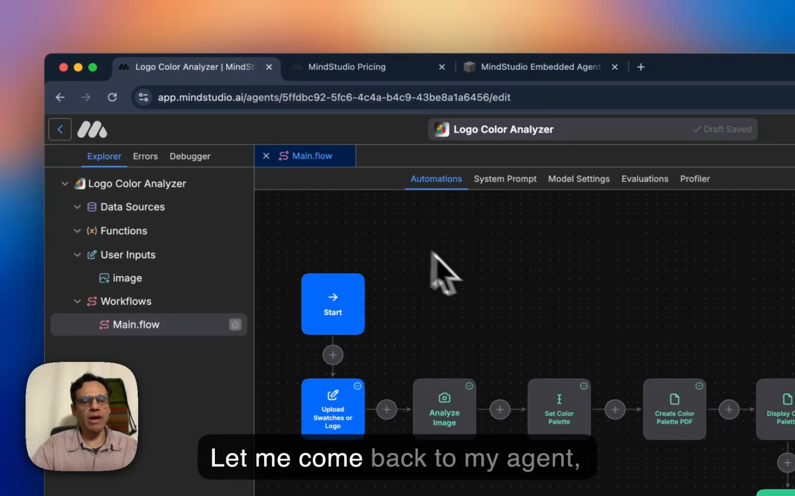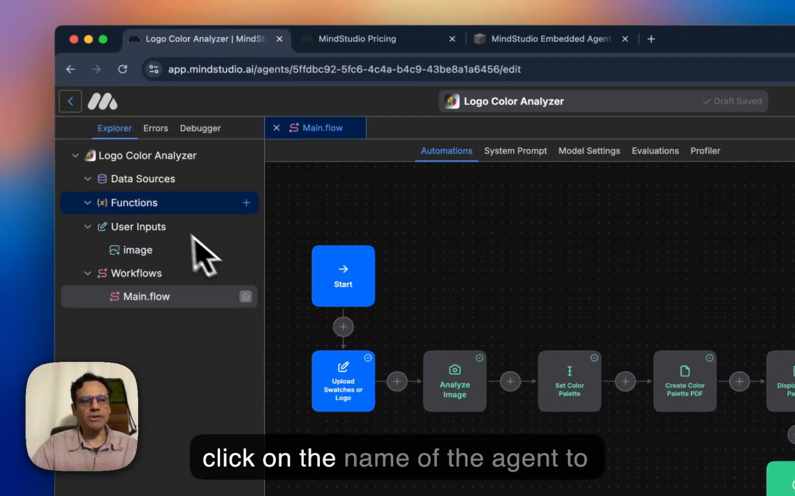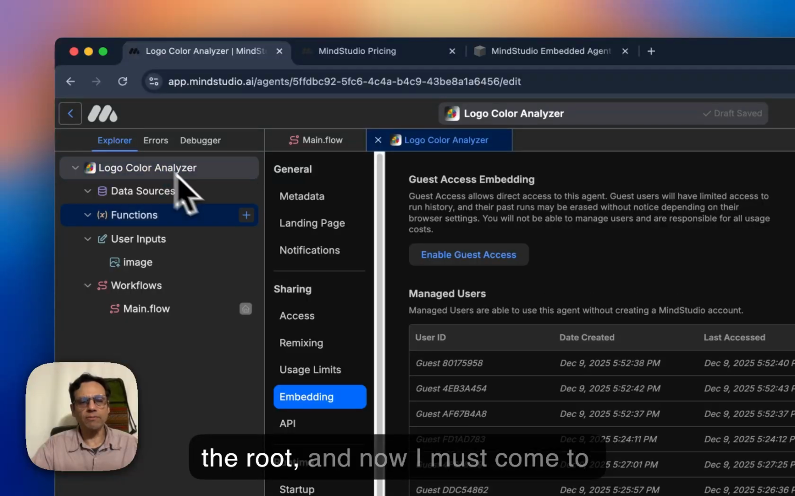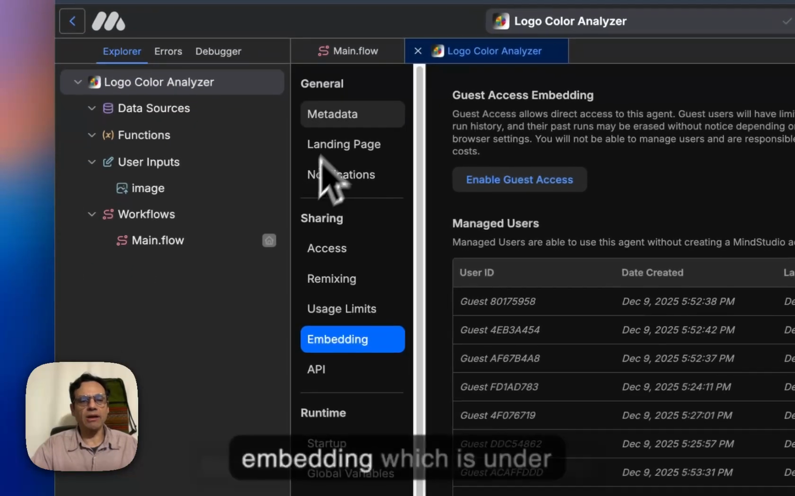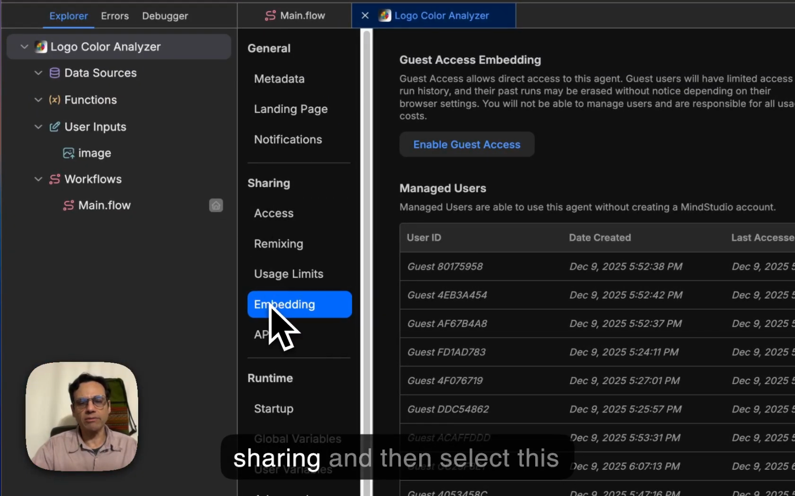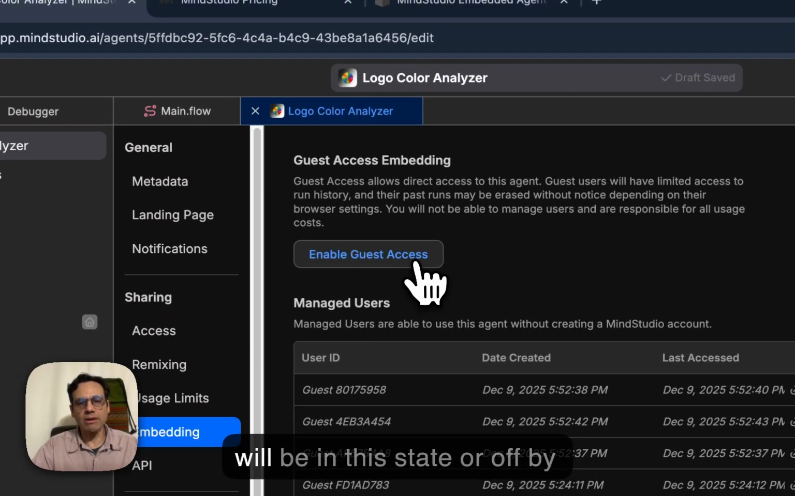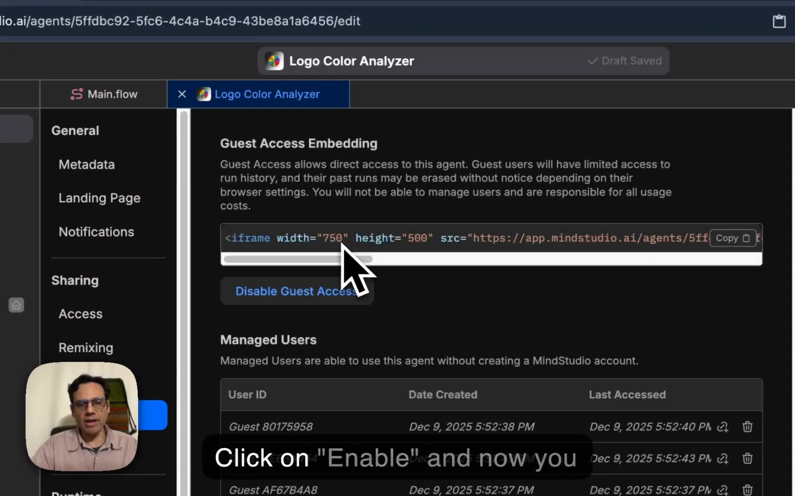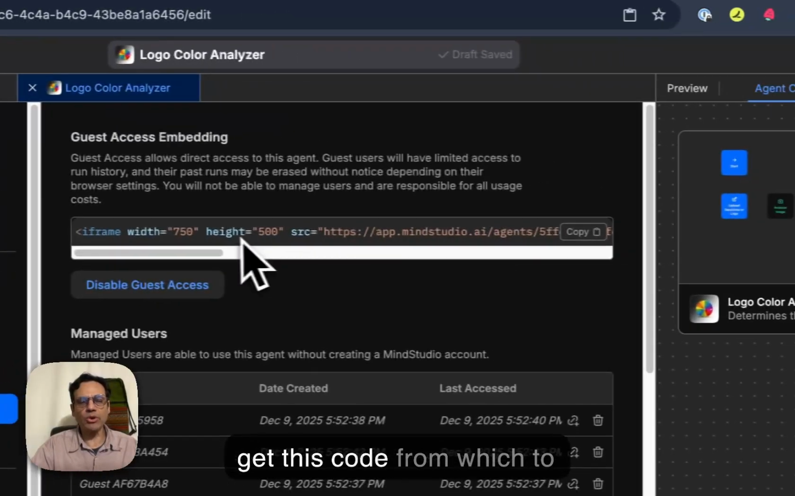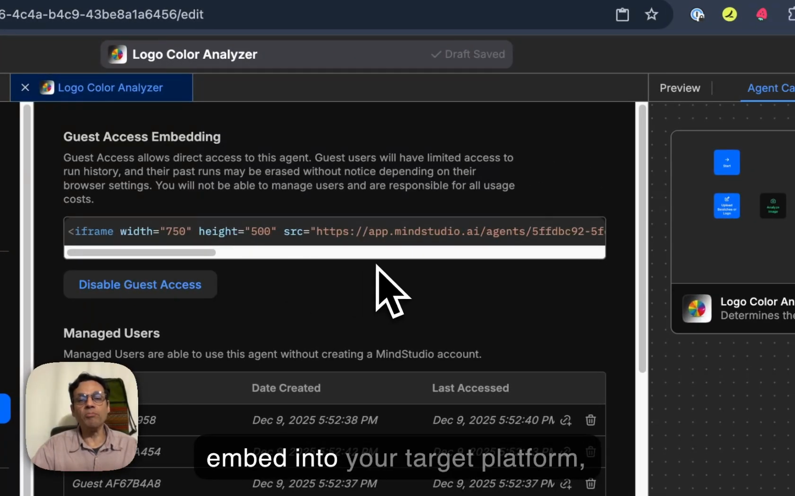Let me come back to my agent, click on the name of the agent to the root, and now I must come to embedding, which is under sharing, and then select this enable guest access, which will be in this state, or off by default, like you see it now. Click on enable, and now you get this code from which to embed into your target platform, in this case,